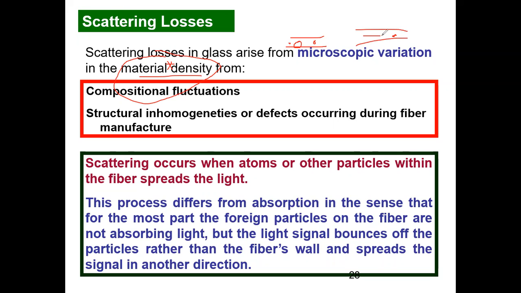So what happened? Light came here and scattered, but where did it scatter? It did not scatter outward like this, it went backward. It is not necessary that light comes out like that. So what happens is backward flow of power. Backward flow of power means this is my transmitter side, this is my receiver side. So it did not go forward, which is why I am having loss. Instead of escaping into the cladding, the light rays bounce off that foreign particle and propagate in the backward direction towards the transmitter. That is also a scattering loss because finally that light is not propagating towards the receiver.